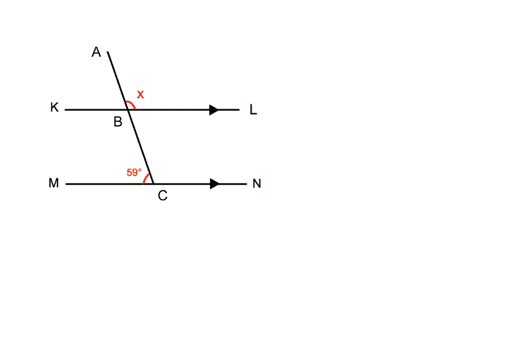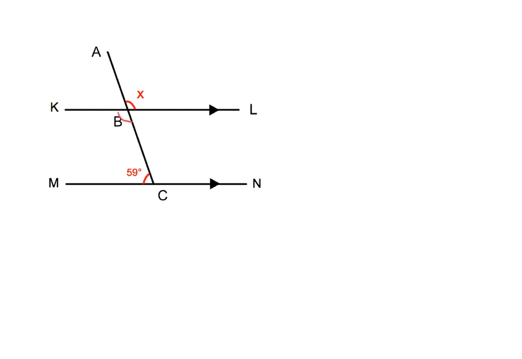So on to this question here, and if you look at it initially, 59 does not relate directly to X. It does not form a C shape here, it does not form an F shape, and it certainly does not form a Z shape. So we need to write another angle in first. Now, once you know one angle, you can work out all the angles that we have here. I'm going to work out the angle here at B, the one that goes from C to B to K. If I can work out this angle, then I automatically know what X is because it's opposite. So I'm going to mark that on,